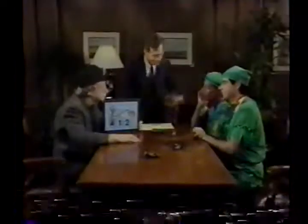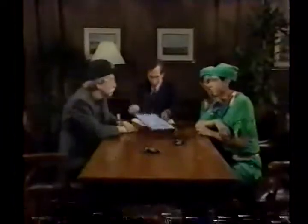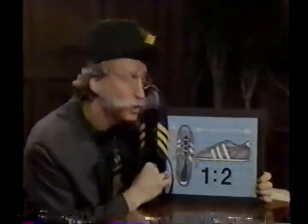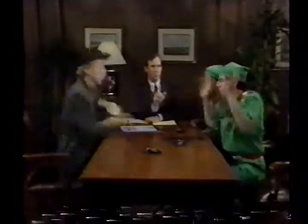Now, a scale is a very useful thing if you understand it. On a map, for instance, 1 inch can represent 100 miles, so you know how far apart things are. In the case of this picture, it will help you make the right size shoe. For every 1 inch on the shoe picture, you make 2 inches of shoe. Now, if it was supposed to be smaller, it would have been a 2 to 1 scale. Yeah. Well, nevertheless, the shoe was supposed to be this size, if they follow the scale, 2 times the size of the picture. That's a big ugly shoe, Hans, and nobody would wear that